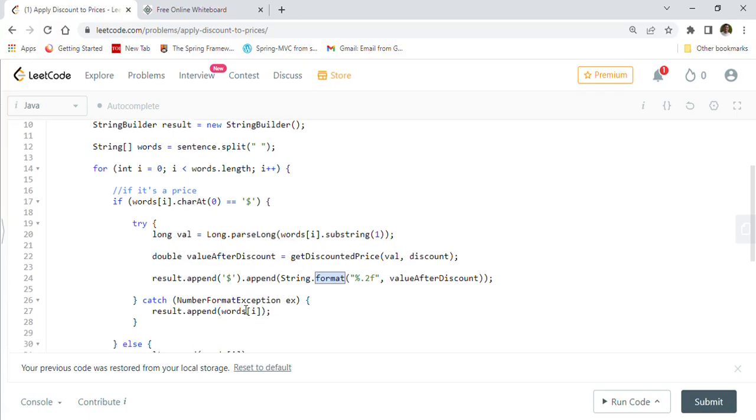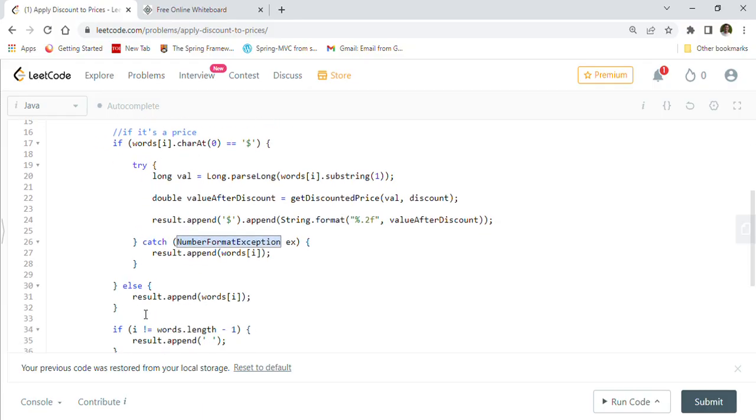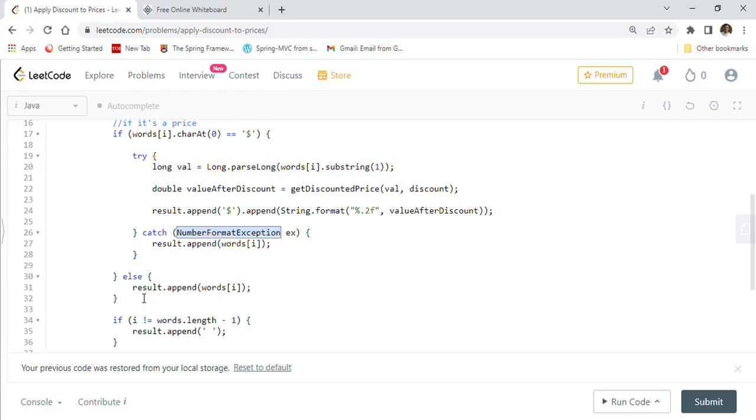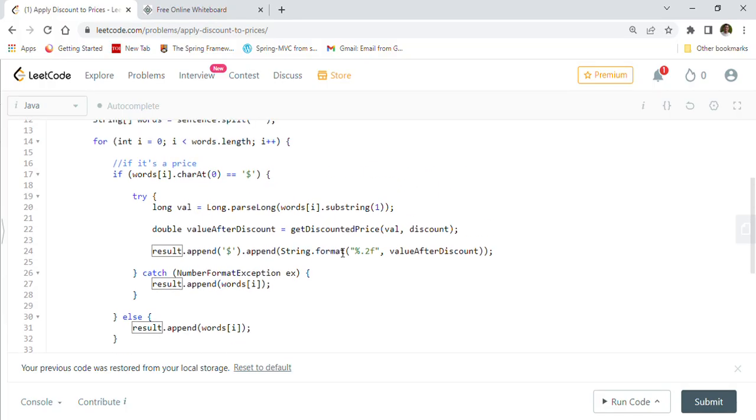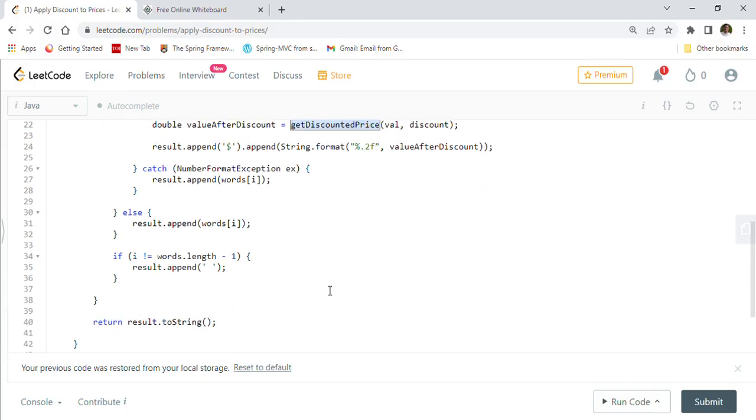And for this one we have to catch the NumberFormatException if something happens, right? So it is in a try-catch block. If it is not a price, we simply append that word to our string builder, right? And if i is not equal to words.length - 1, then we will append the separator, right? We have to put the separator between the words, right? So that's what we are doing here. And at the end we will take that string builder result, convert it into a string and return it, right? So now I'll show you this helper function getDiscountedPrice, where we'll pass the value and discount